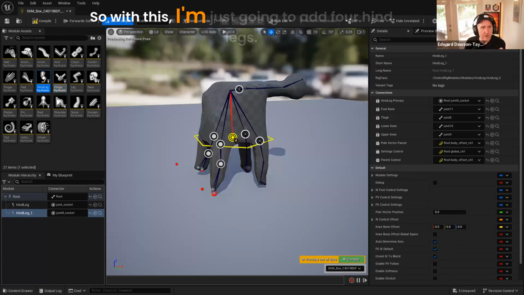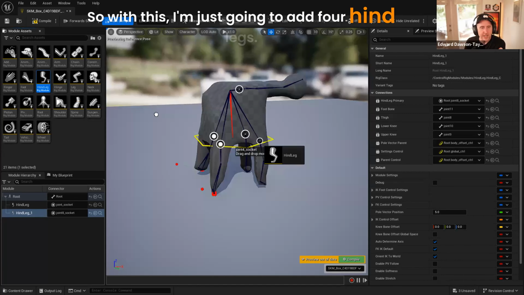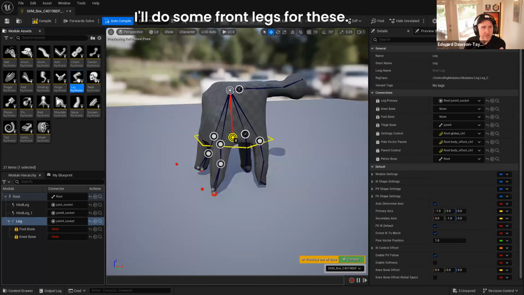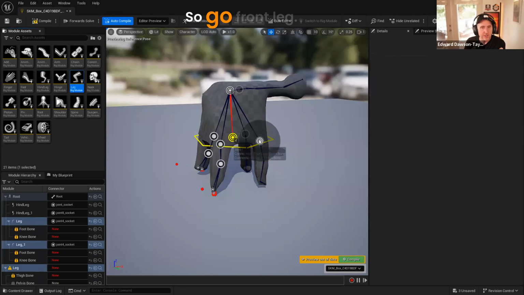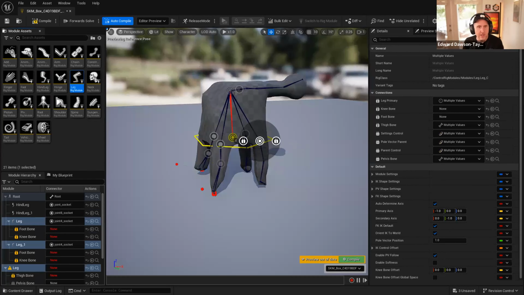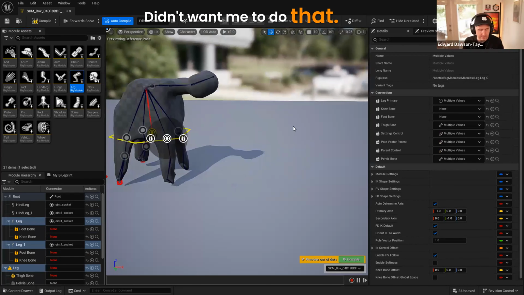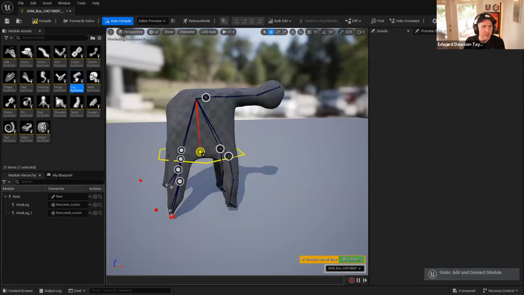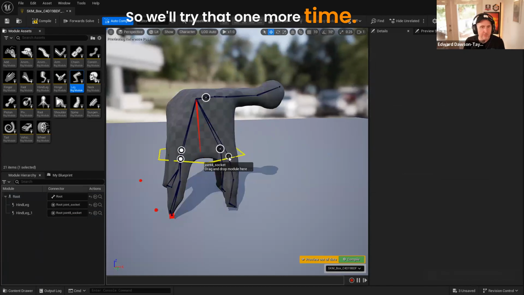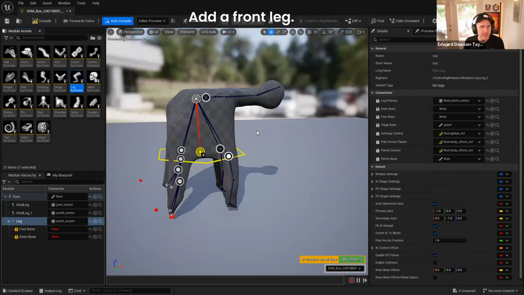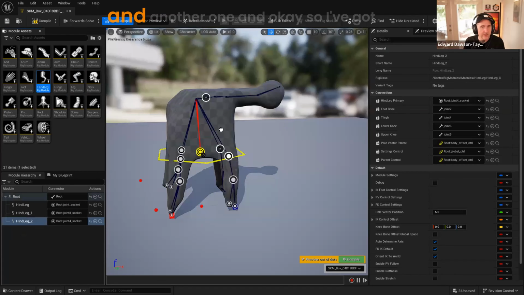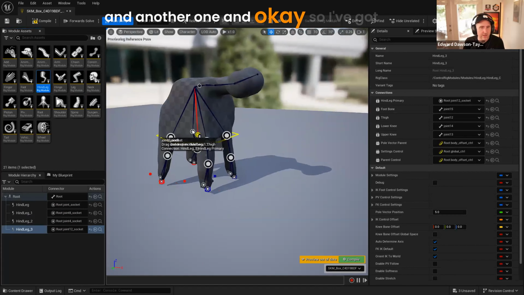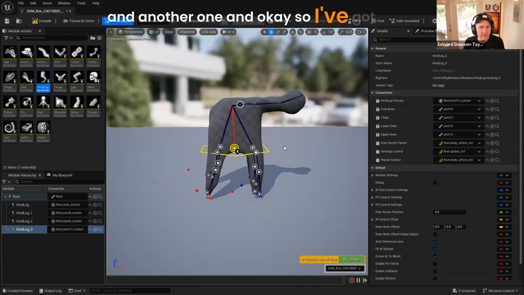So with this, I'm just going to add four hind legs. I'll do some front legs for these. So go front leg. It's going to let me do that. Didn't want me to do that. Or maybe I just dropped it onto the wrong sphere. Let me just undo. So we'll try that one more time. Add a front leg. Doesn't like it. I'm going to add a hind leg. Add another one. And okay, so I've got